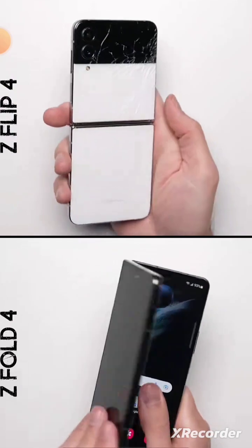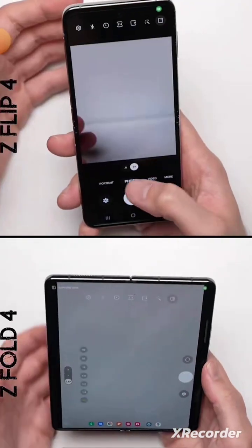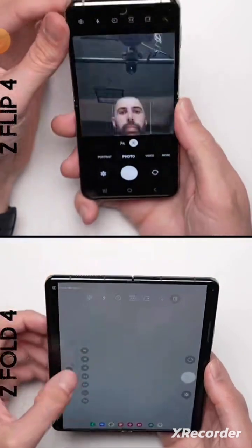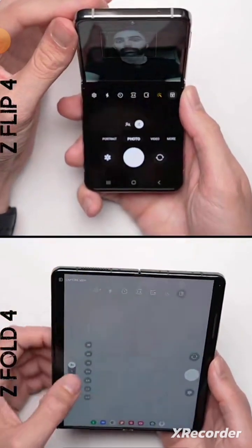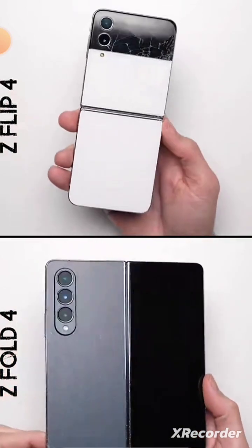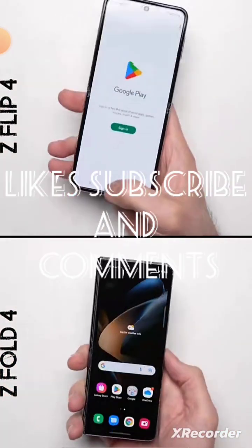The hinge is still doing its job just fine, and both phones were still able to pass our 15-point inspection, with everything from GPS to the cameras working just as they should. So overall, I'm genuinely impressed with Samsung's engineering here. We put these phones through a lot, and they're